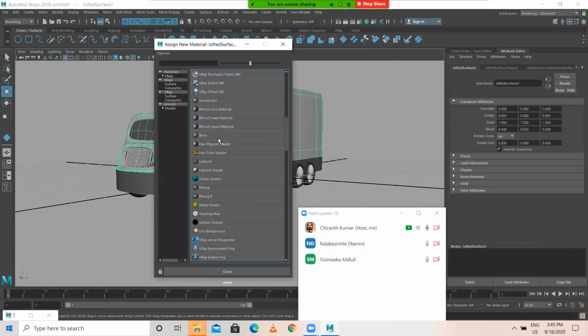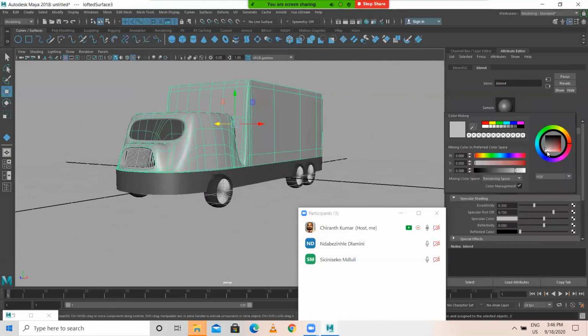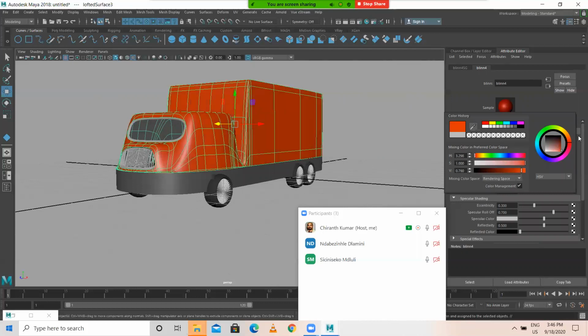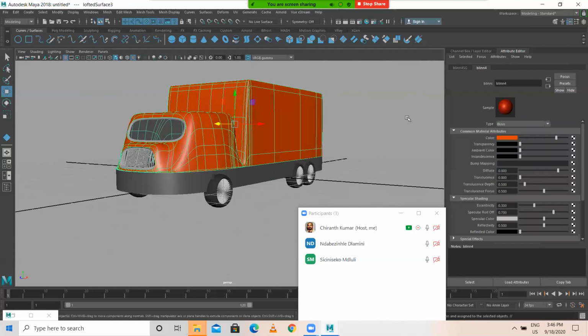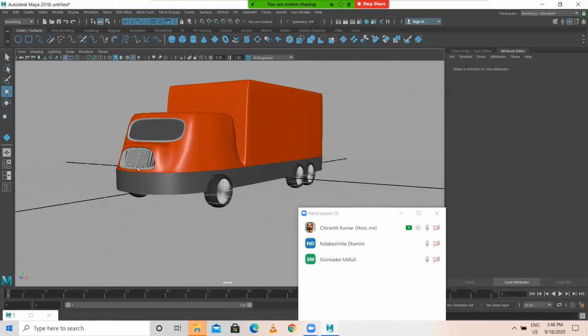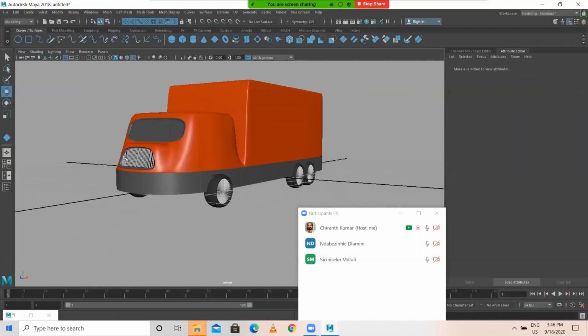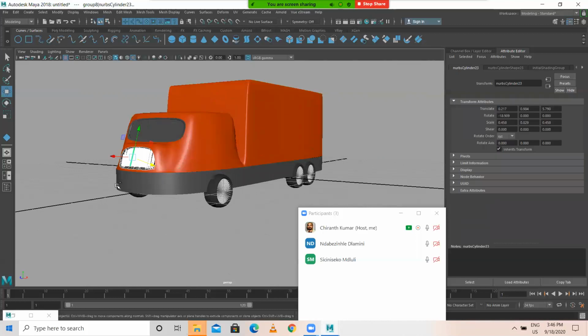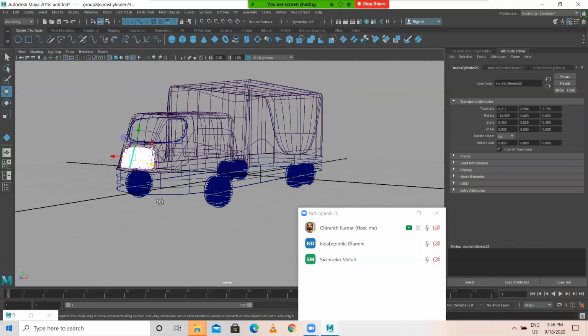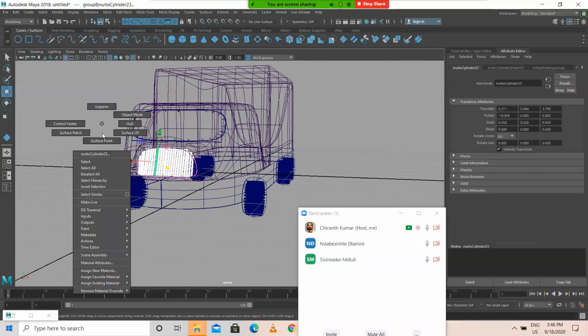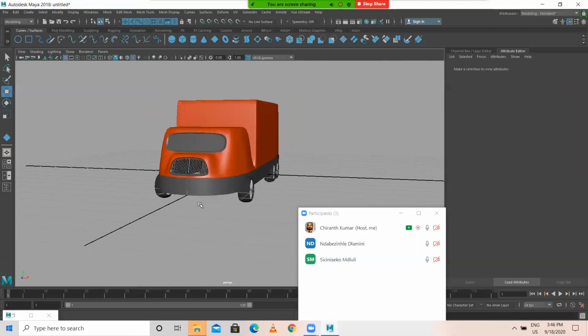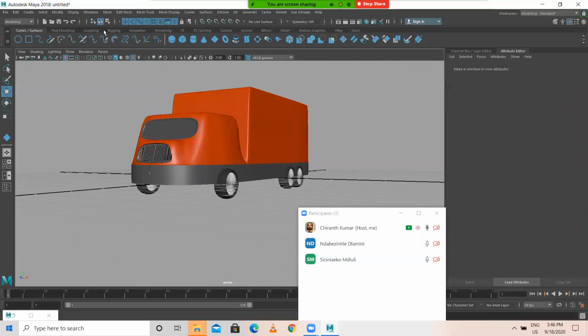I'll assign another material, blend. Okay, we have assigned, we have done something.